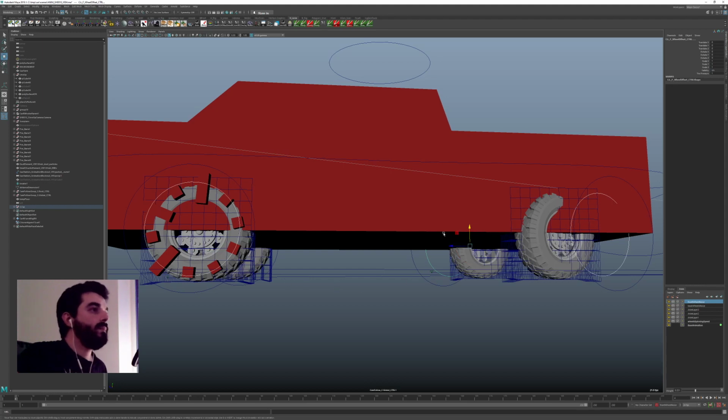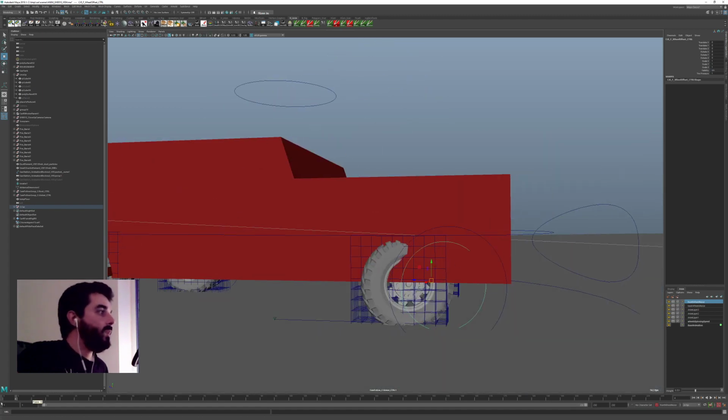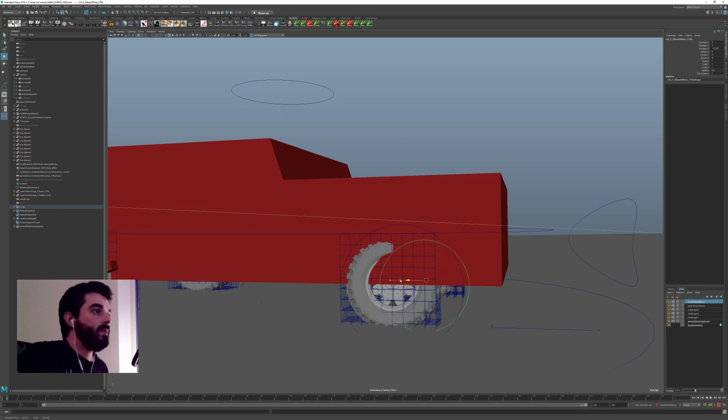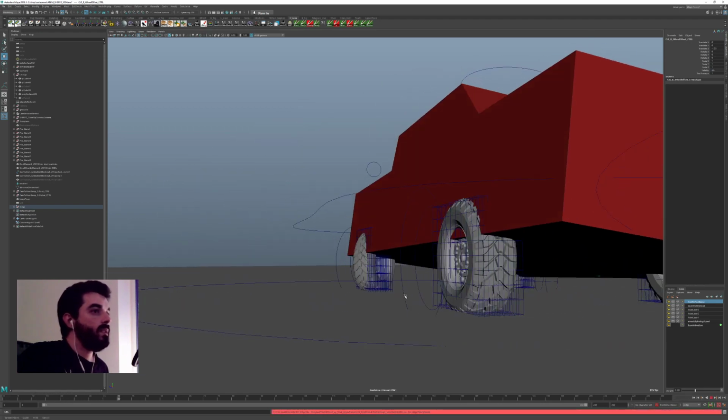a tiny bit, and I will offset all of them arbitrarily. I'm not going to offset them by the same amount. So, ooh, this is not working. Yeah, that I can offset because I only did an orient over there. So this guy, I will offset maybe a bit this way, and now when I press play,